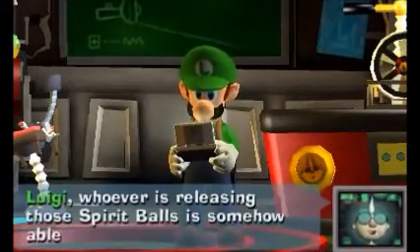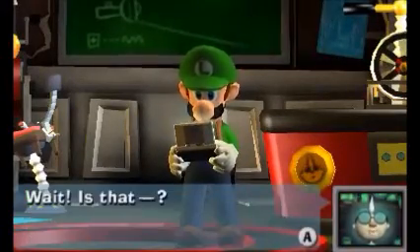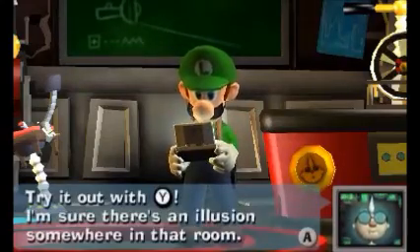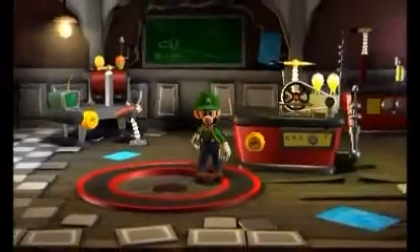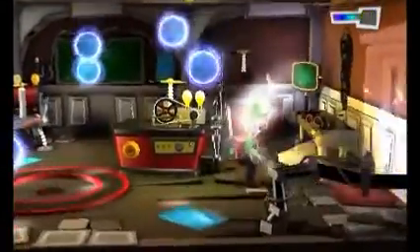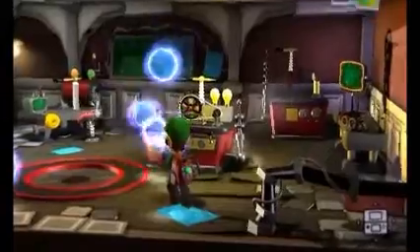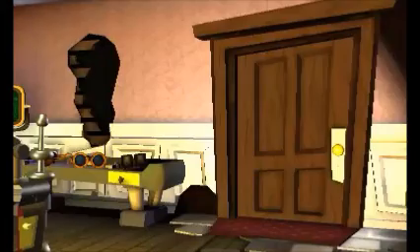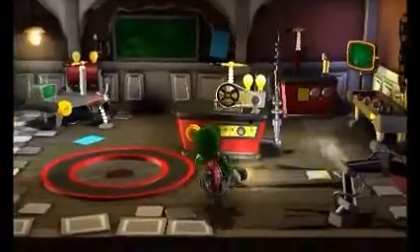Okay, I do have to admit, that does kind of look mesmerizing, all those colors from the Dark Light device. So it's like, wow, man. Okay, let's test our new Dark Light device, and by flashing it at an illusion, we can force the spirit balls to pop up, and by sucking up all those spirit balls, the illusion will disappear, and we can